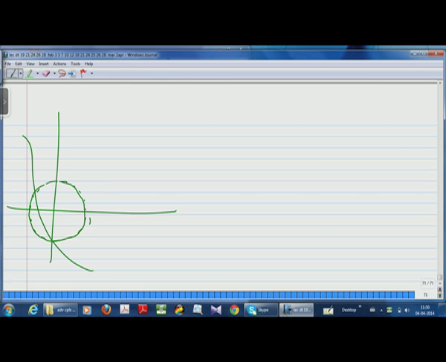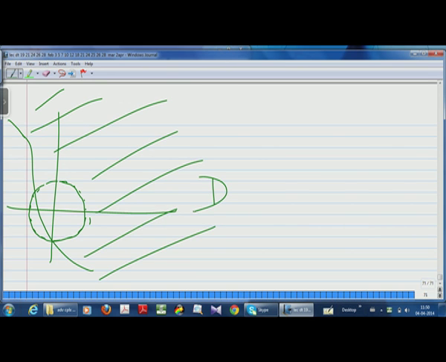Okay, so suppose this is my D. And mind you, D doesn't contain the boundary, so I should redraw this. I should draw it like this. So this is my dou D. This is the boundary of D. It's like a half plane except that the boundary is not a line, if you want.